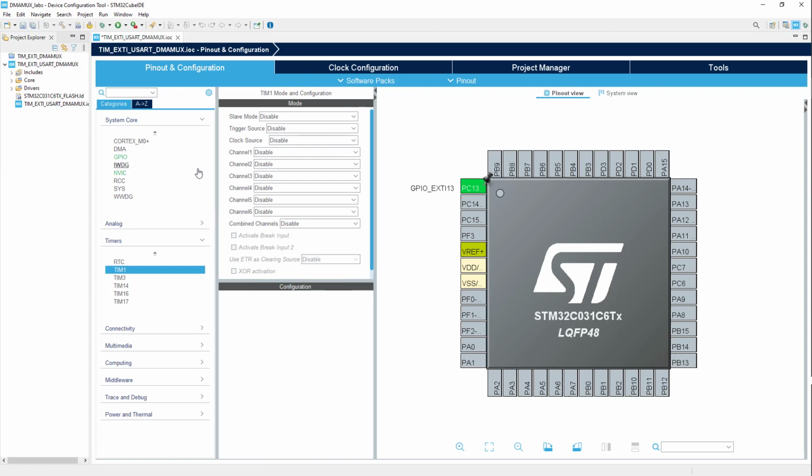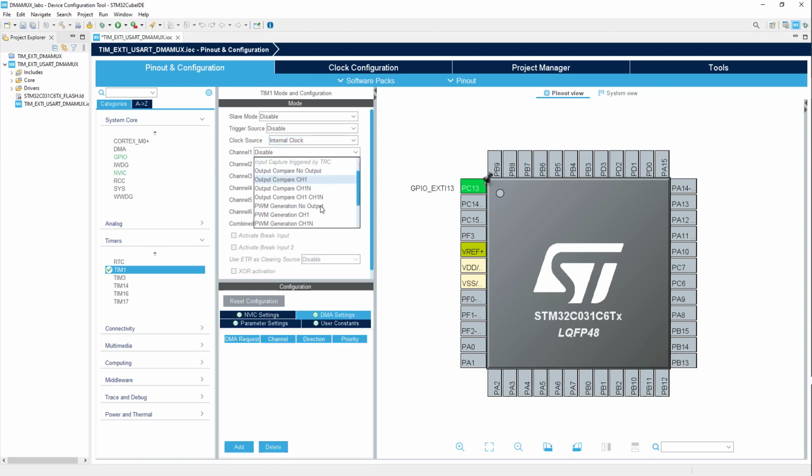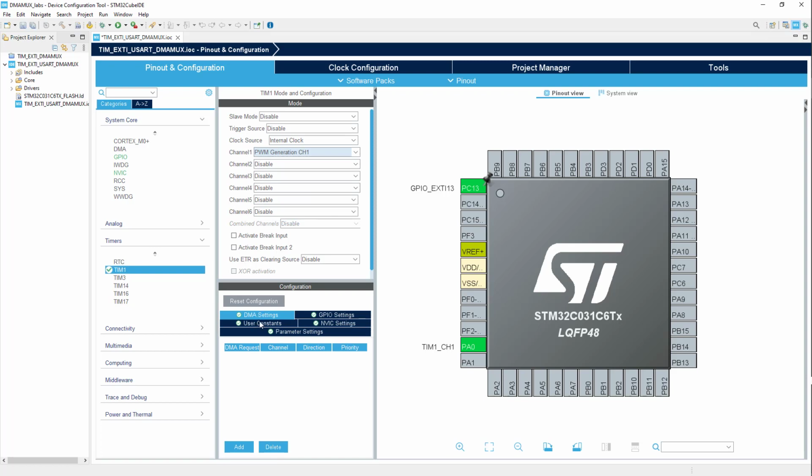It will be standalone timer, so we don't need to take care about the slave mode, trigger source. We just need to configure the clock source to internal clock and channel 1 to PWM generation. Then within DMA settings, I would add timer 1 channel 1